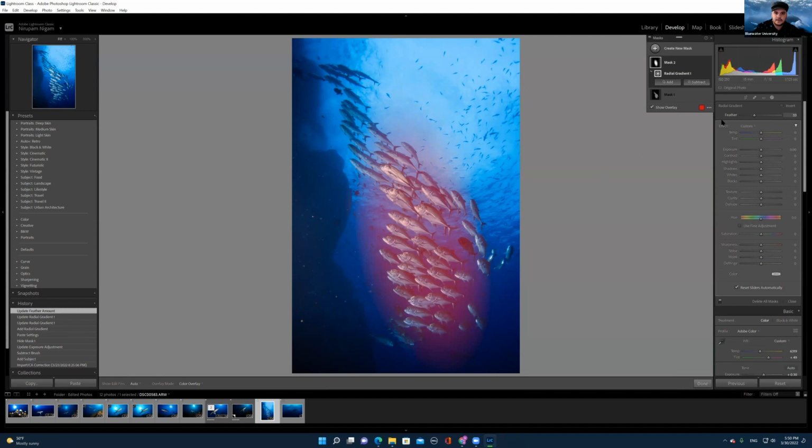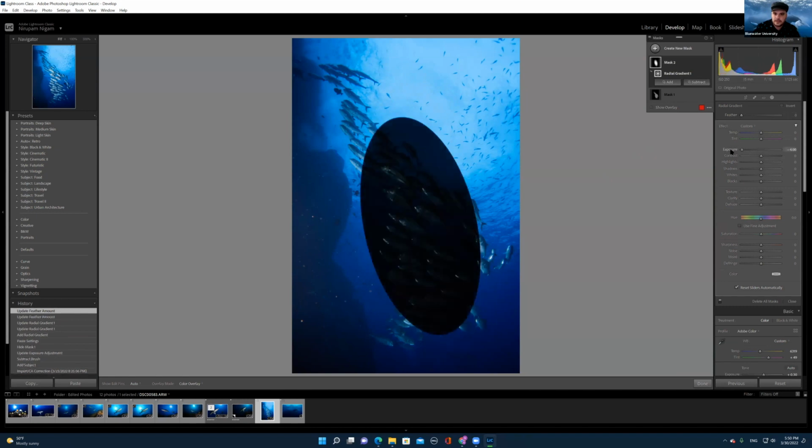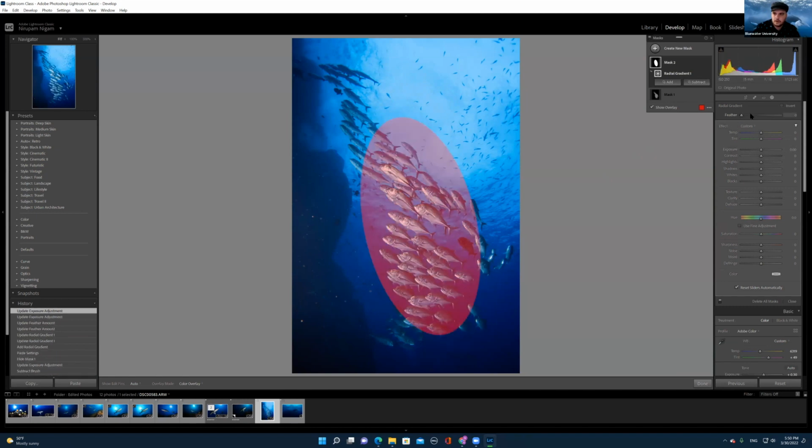So you can have a complete circle if you bring your feather down to 0, or you can have a lot more fall off. I usually like to keep mine around 50 with the feather, but a lot of masks, including the brush tool and the linear gradient, all have feathering tools of some sort. So with the radial gradient, I've increased my feather a little bit,